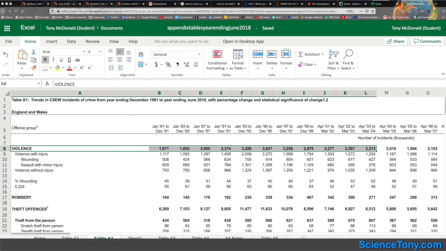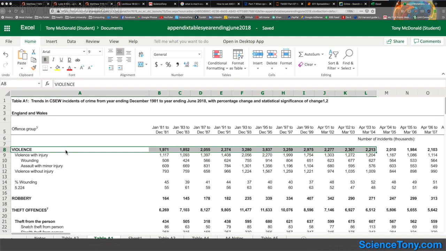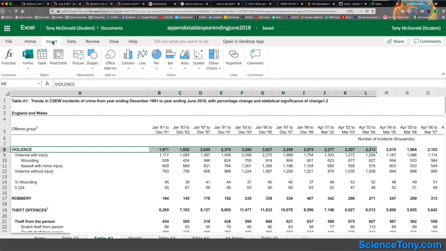Once you've selected the range that you want to put in a chart, I've gone for A8 to L8. Now you want to select insert, which is at the menu bar at the top here, and then go to